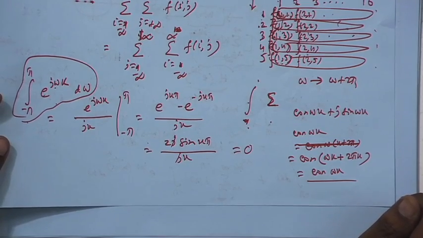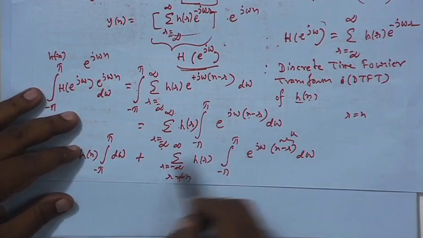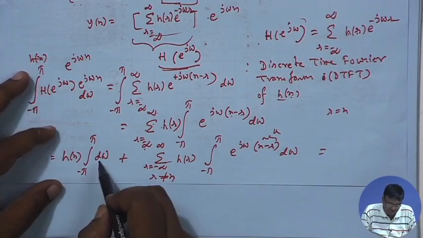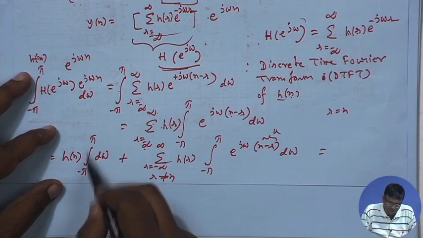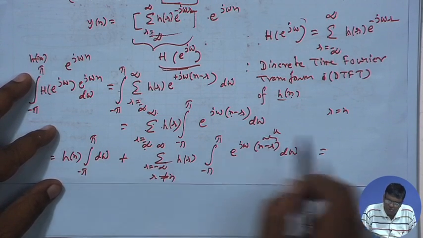So, that means this is 0. So, you are left with only the first term. First term, if you carry out the integral, will give you omega from minus pi to pi, so 2 pi